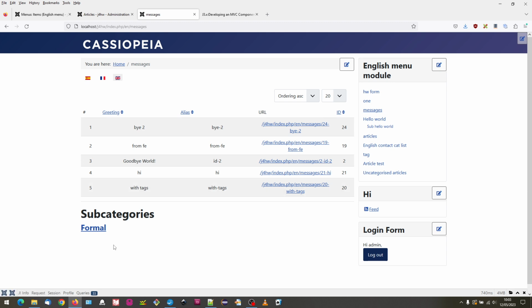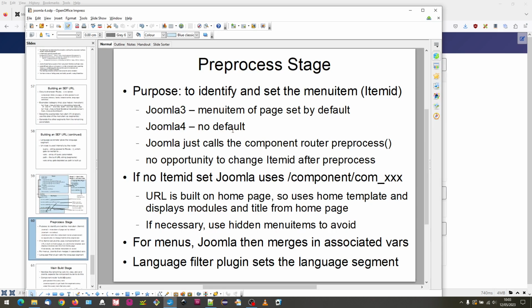So you needed to actually change it, and it's much better just having no default, and then you set it